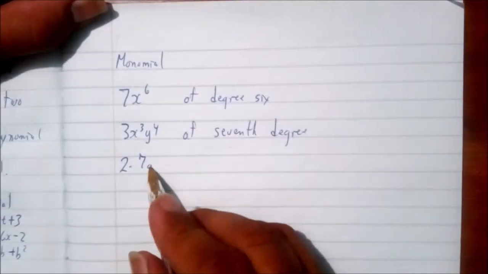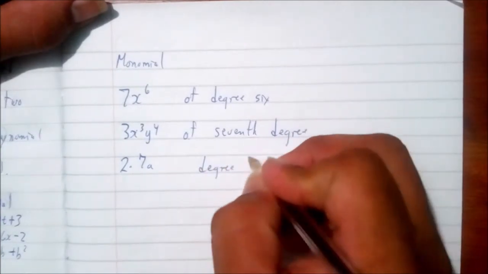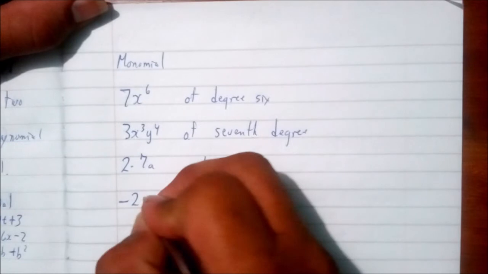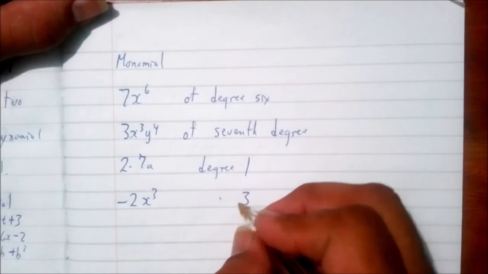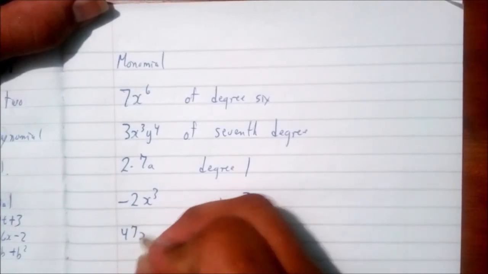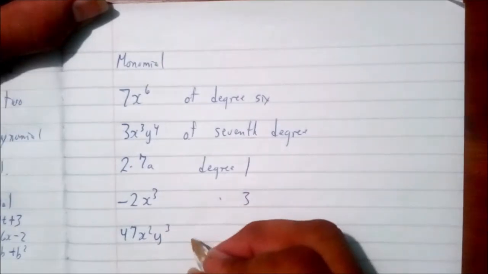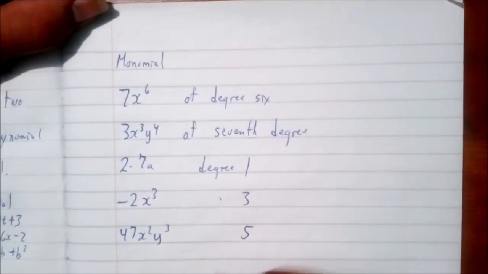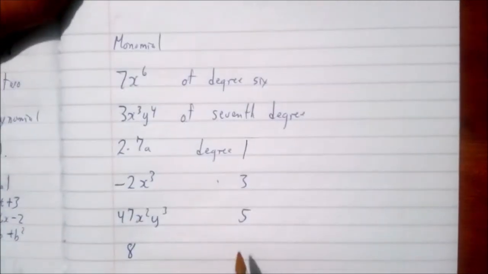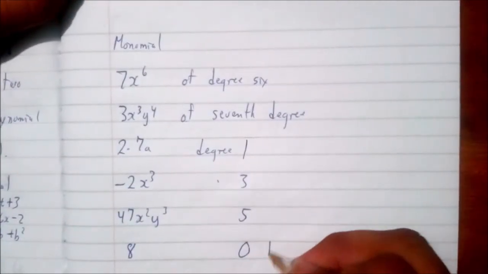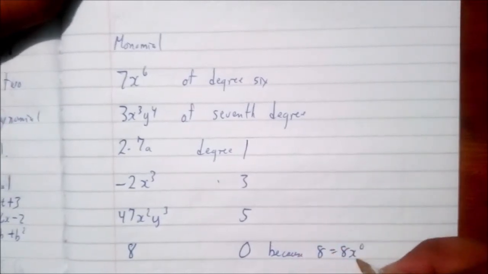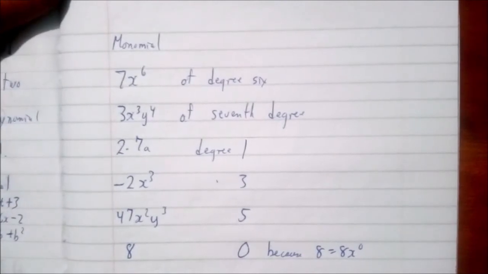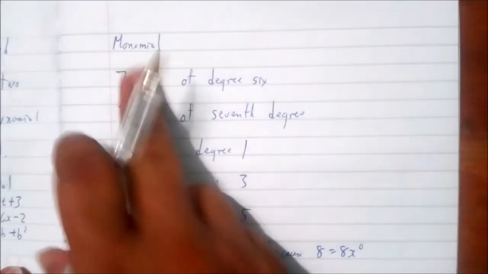2.7a is a monomial of degree 1. Negative 2x cubed is a monomial of degree 3. 47x squared y cubed is a monomial of degree 5. 8 is a monomial of degree 0, because it is 8x to the 0, or whatever letter you want to put to the 0 power. That's why you call that a degree 0. So by definition, degree of a monomial,